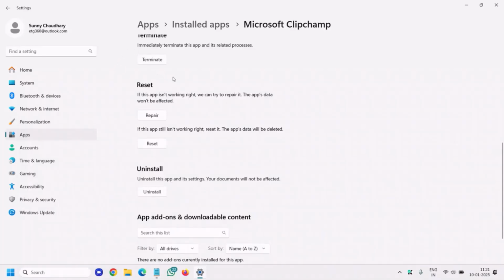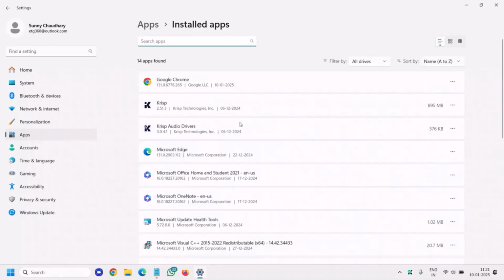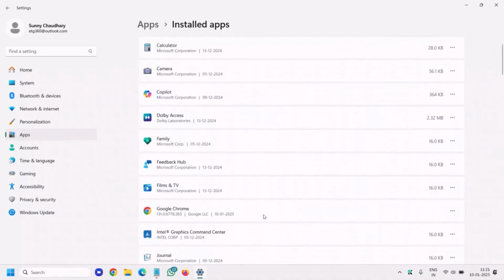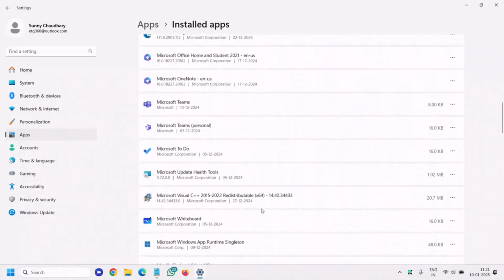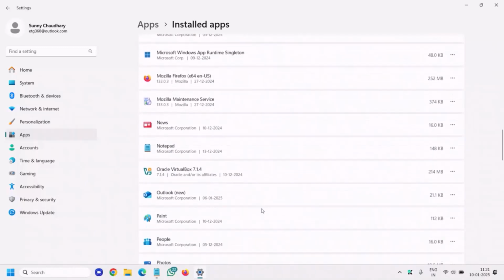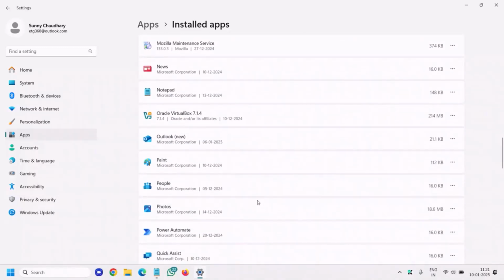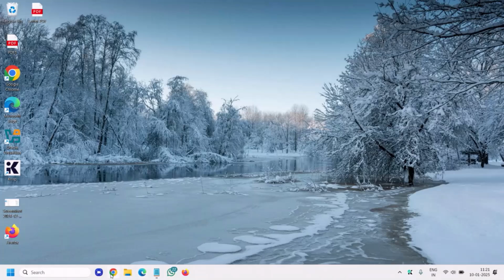And if it doesn't, you can uninstall it. So let's say if Chrome is not working, you can click on uninstall and reinstall it again. All right. So whatever the app is, do that and see if that works for you. That's the best thing. And if you have any corruption in your computer, you can run a command to repair